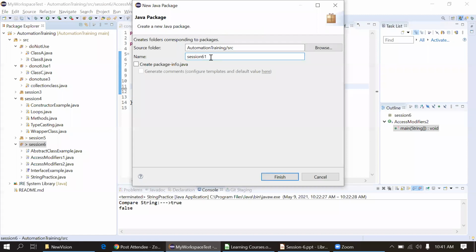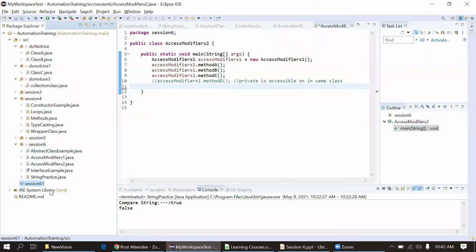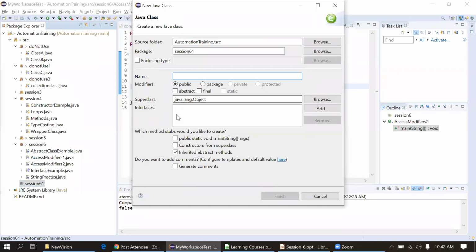I will just make it 61. Create one class here. Access modifiers 3.